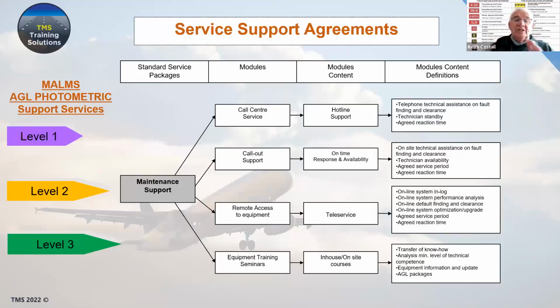I've put the things together now to say, right, okay, let's have a look at who does what, and let's take the photometric side. On the photometrics, Tailor-Made Systems, TMS, have the MARM set of equipment. So let me use that as an example. Then in the structure of how we provide this ongoing service support, levels 1, 2, and 3 are directly associated with the MARMS